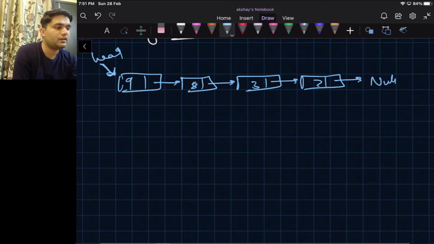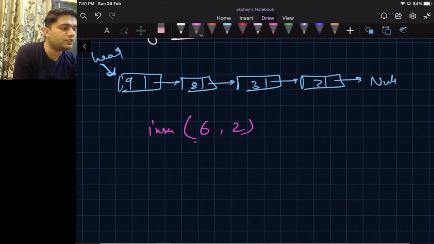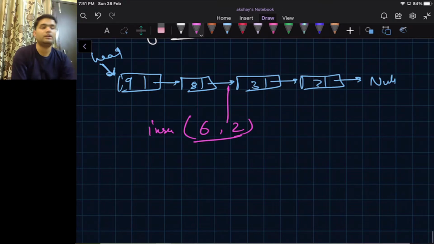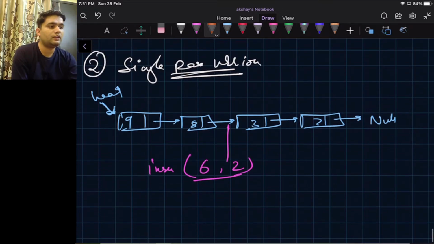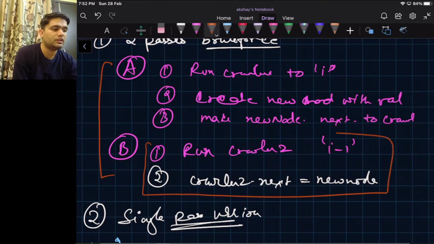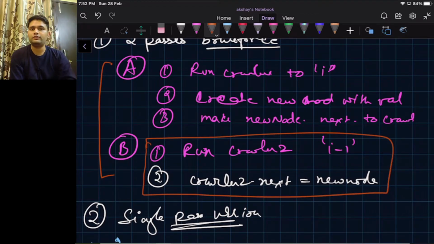And we wanted to insert 6 at position 2, that means here. If we observe the 2 pass approach, we see that the only thing we require is this portion, and a couple of pointer changes.